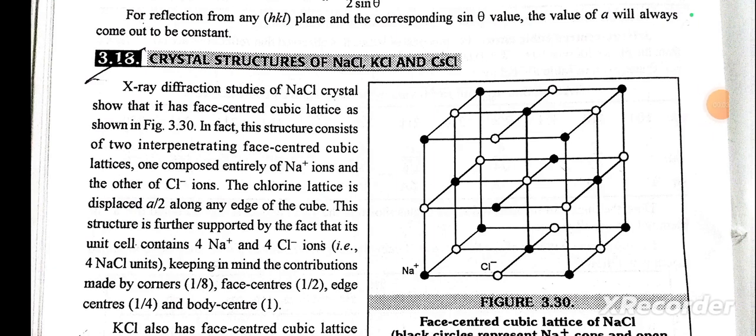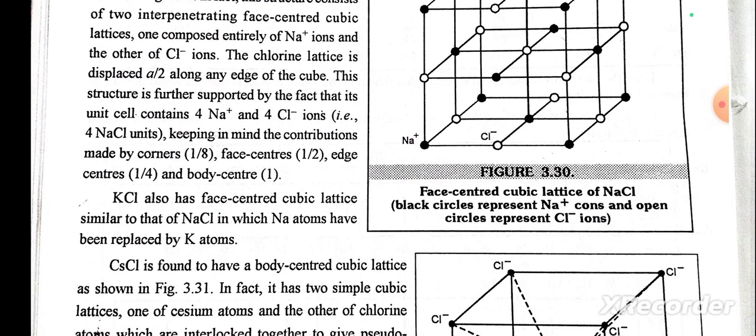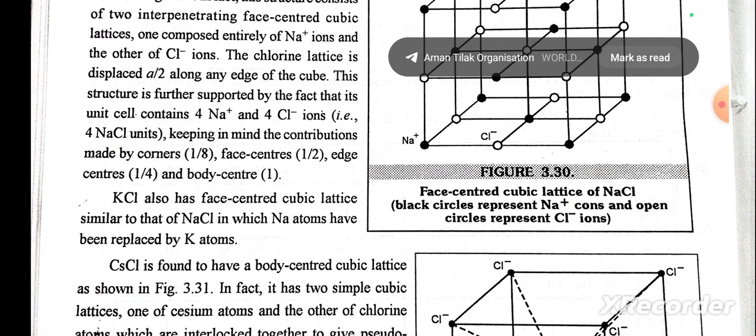The chlorine lattice displays a/2 along the edge of the cube, and this structure is further supported by the fact that a unit cell contains 4 Na+ plus 4 Cl- ions, keeping in mind the contribution made by the corner, face, edge center and the body center. KCl is also a face-centered cubic lattice, similar to NaCl,